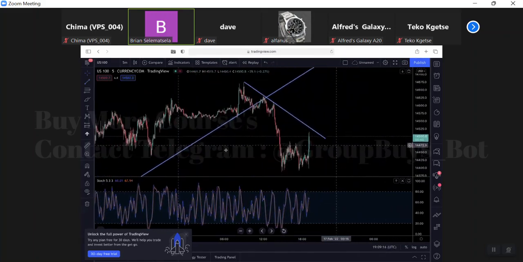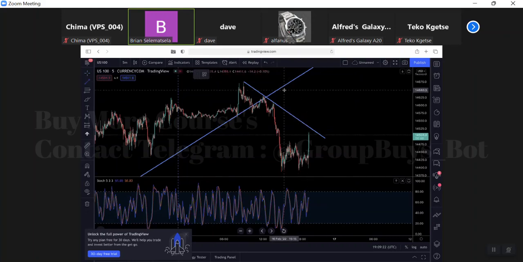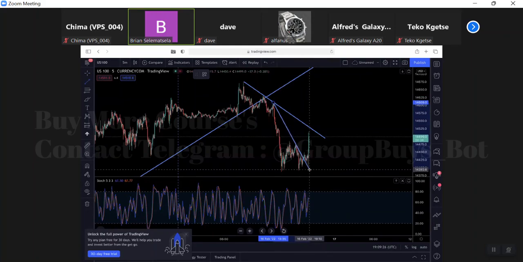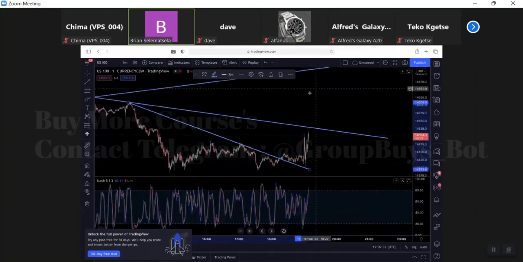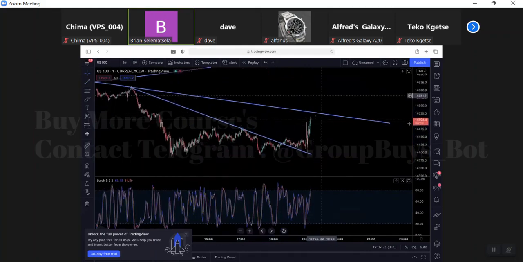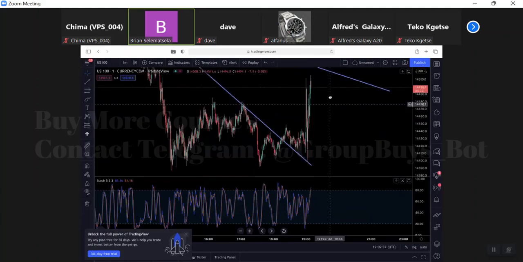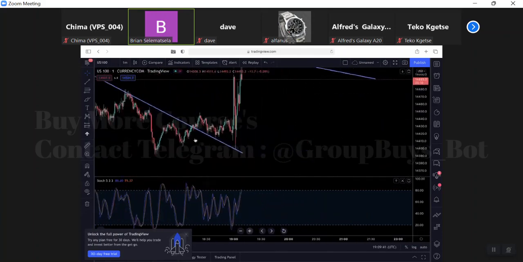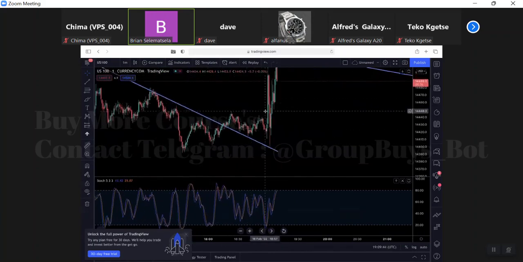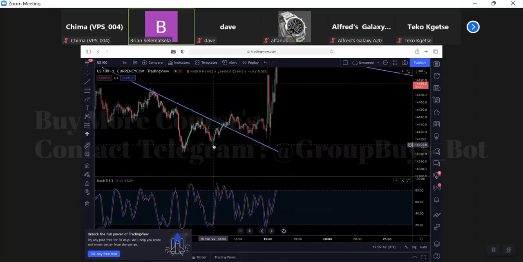In this case, some could have used that one as a footprint, and some could have used that one as the first layer. If you would have used that one as the first layer, of course, this will be time for you to be on the buy of this trade. And when you want to buy,